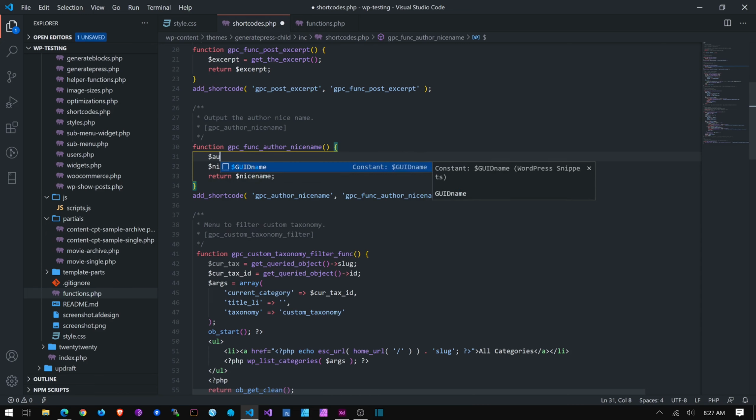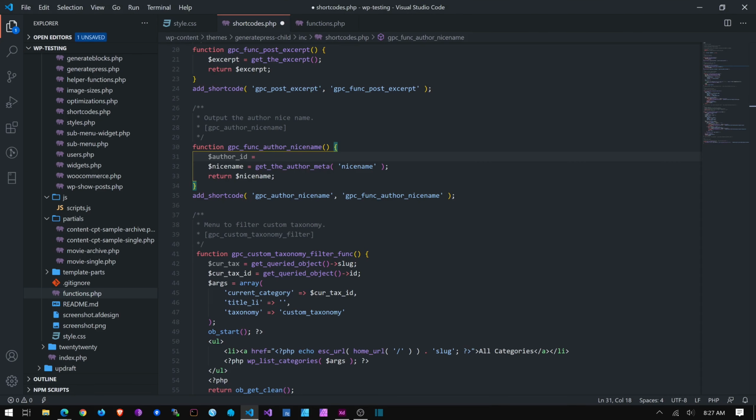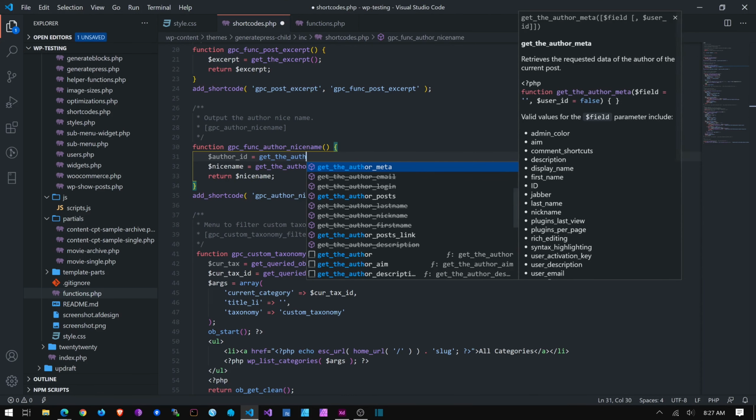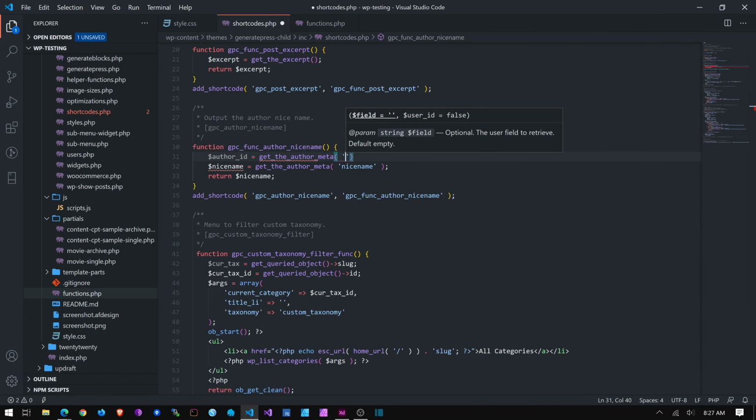So let's try. We're going to get the author ID. And so we still use that meta, get the author meta, but we're going to grab the ID first. And then down in this function,